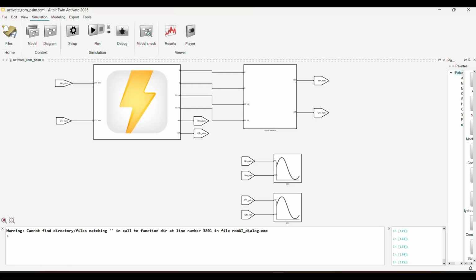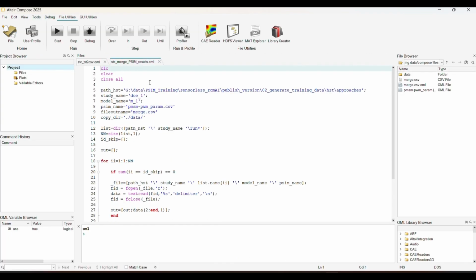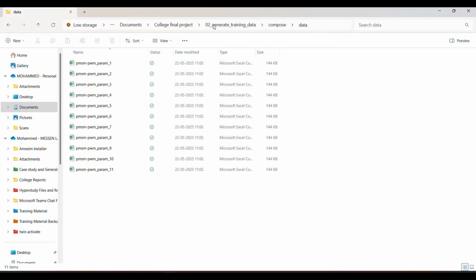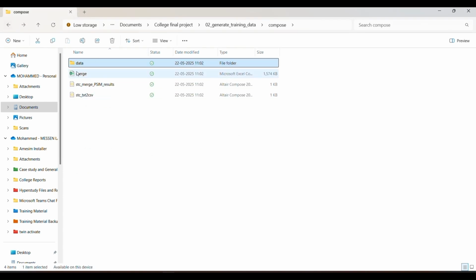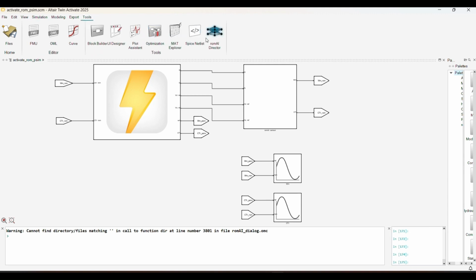For that, we will be using another script, this one. What this script will do is merge all the data into one file called merge.csv. Once we run this script, we end up with this final merged CSV file, which we will be using to develop the ROM AI model next. So now moving on to TwinActivate, to develop that ROM AI model,